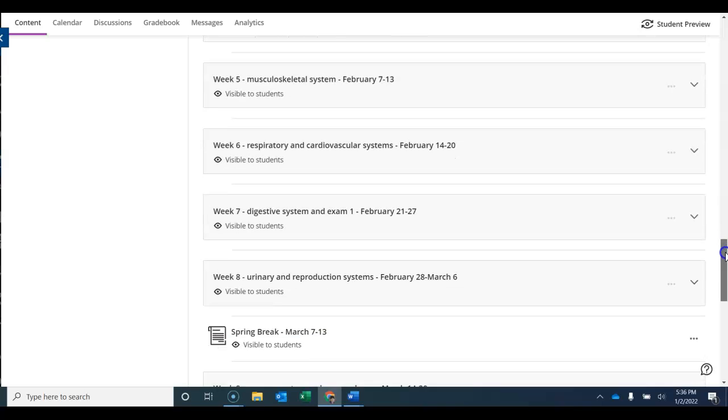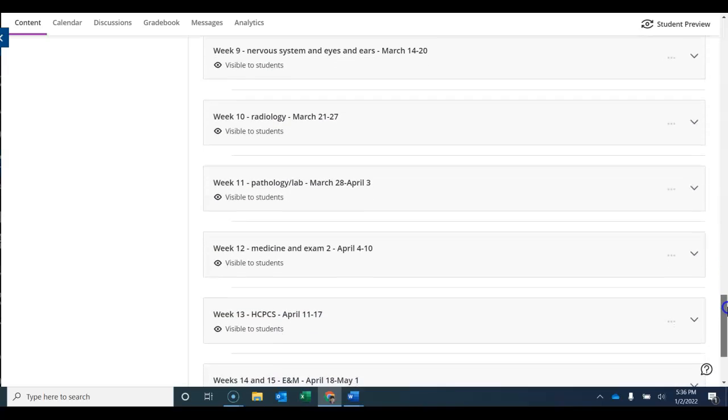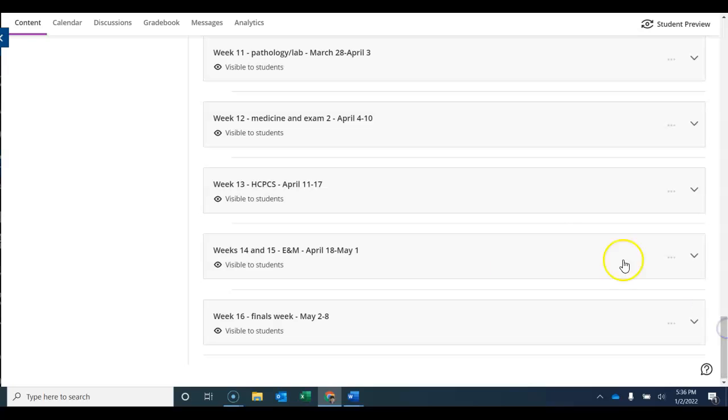Now, I have put E&M down here at the very end for a couple reasons. E&M codes changed a lot, so I need the publisher to have time to catch up to revise their assignments or their answers in their test bank or question bank. And then the one difference between 219 and 205 is we have to do an audit form. So I have to introduce you to what an audit form will look like, and we'll do that down here at the very end.